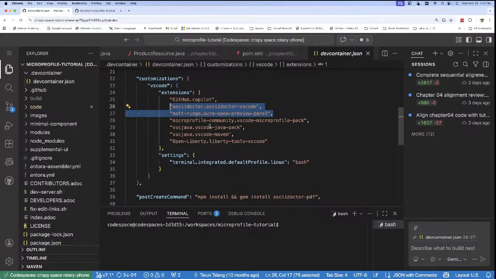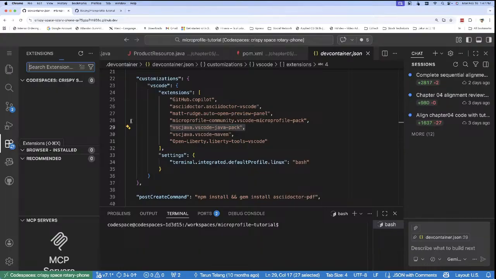But what you would need is the VS Code Java pack. This is the extension ID which you can put in your add extension panel to search for the extension and then install. To install any extension, you have to go on the left side. You see here the extensions tab. You click on this and you can search the extension by providing this extension ID. So for example, I can just say